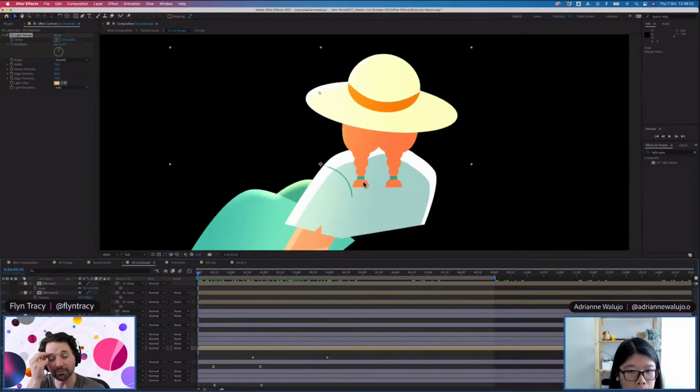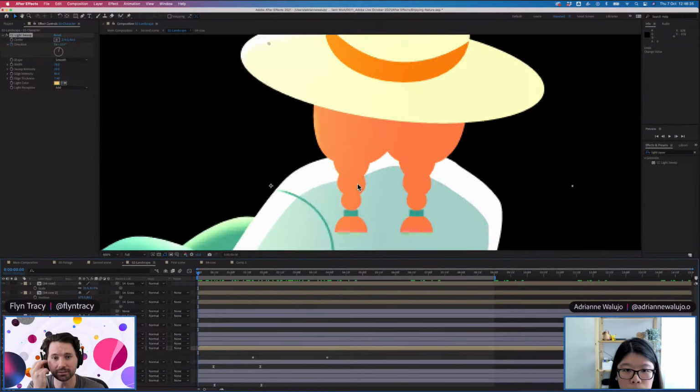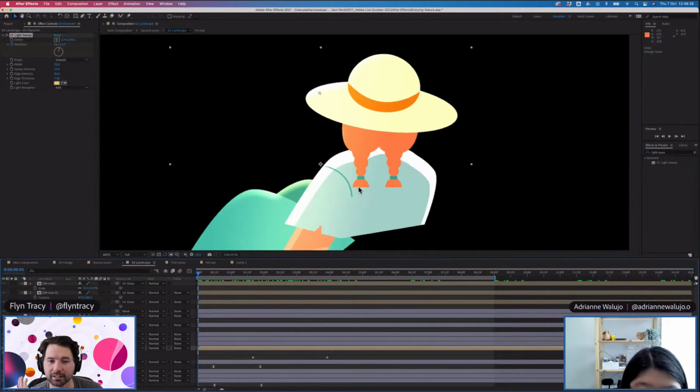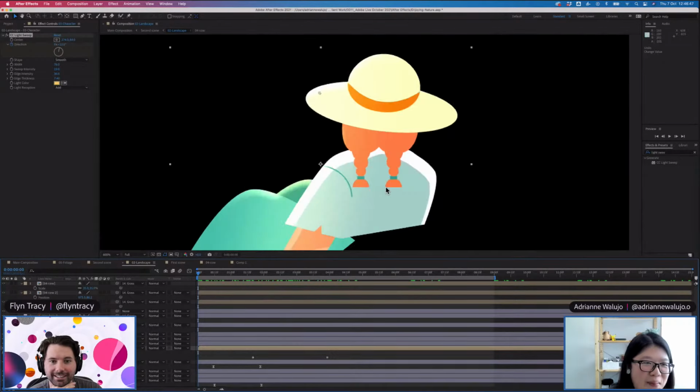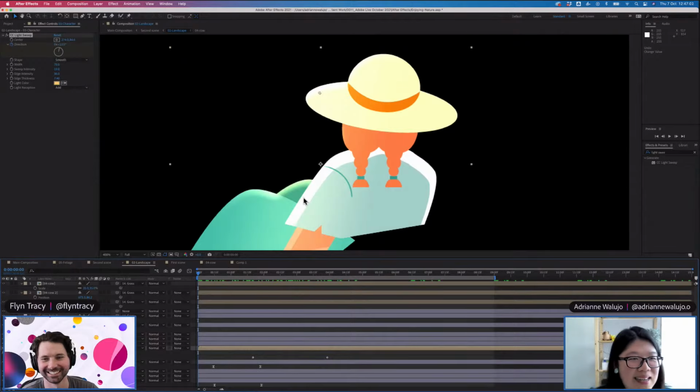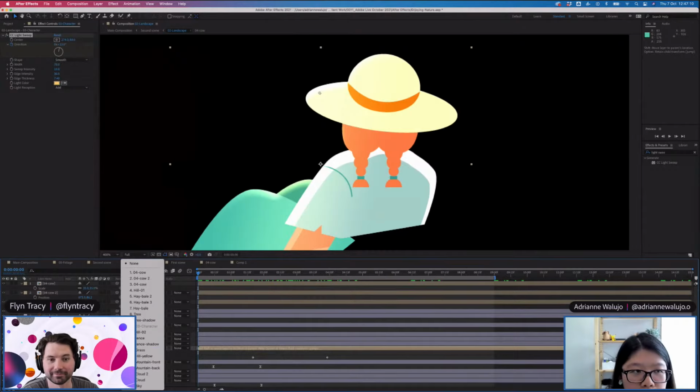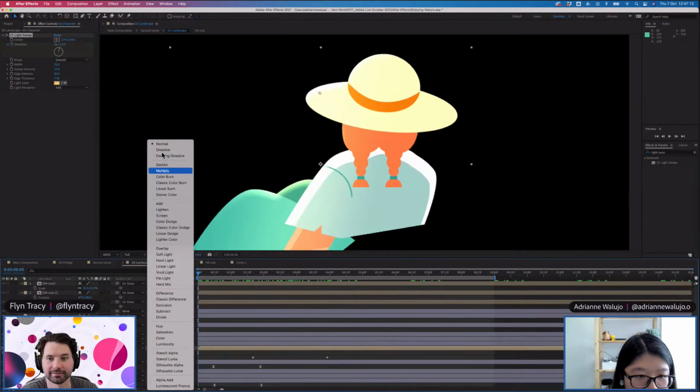Does it always have that kind of grainy effect to it? Because I think it works great here. I'm just curious if that's a setting, or if that's just the quality. I think it's not grainy here. What do you mean by grainy? It seems like it has a little bit of texture on it, but maybe it's just my eyes going crazy. Perhaps it's the internet connection on my side. It's quite glowy, and there's no texture to that, sadly. I think it would look really cool if it had a dissolved kind of feeling.